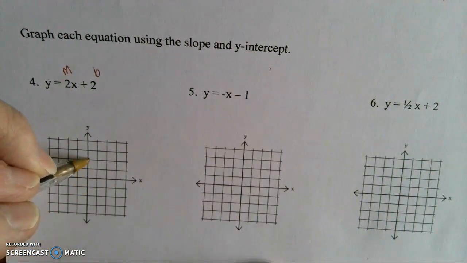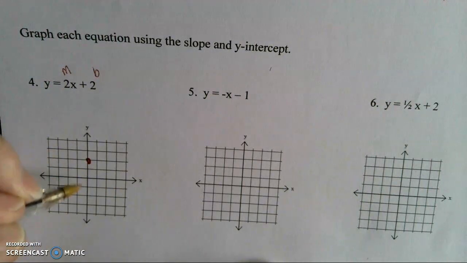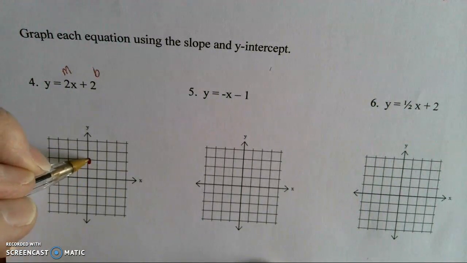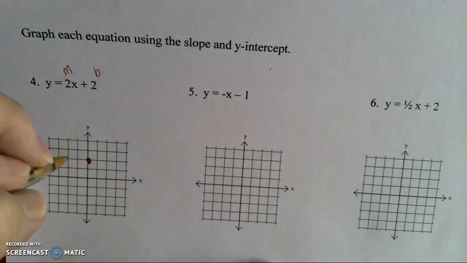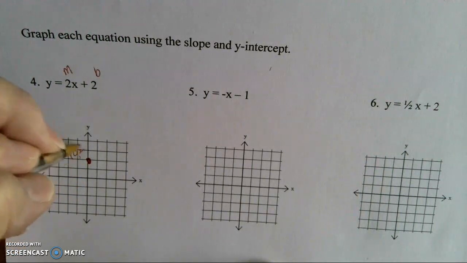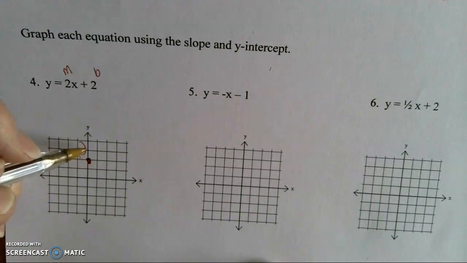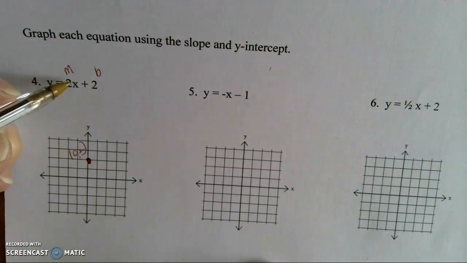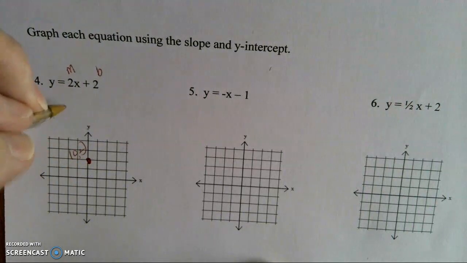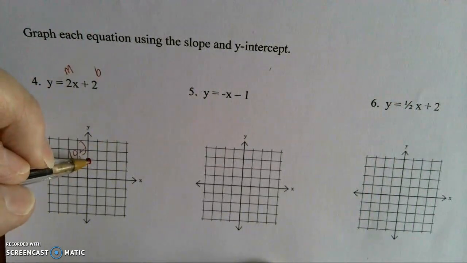So I'm going to go up 2. I'm going to stay at 0. I'm not going to move along x. So I'm going to go up 2, and that's my y-intercept. And that would be 0, 2. Now that I know my y-intercept, I can graph this line because my slope is 2. So remember that I am going to go